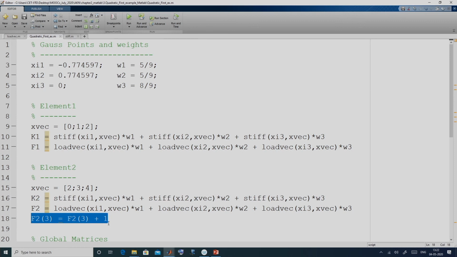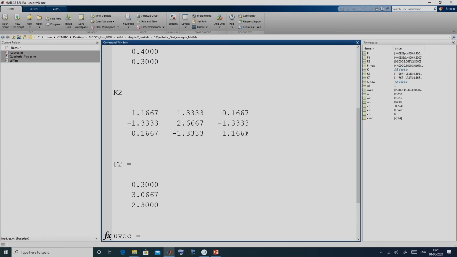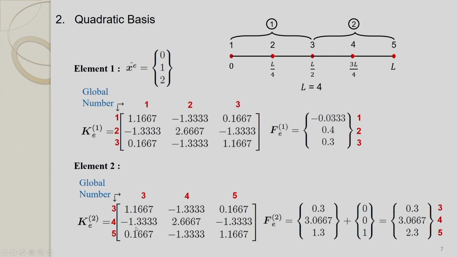Finally, this is our element stiffness matrix K2 for the second element, and this is the element load vector, after adding these two parts.